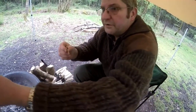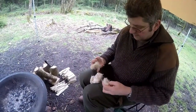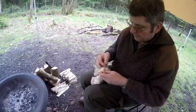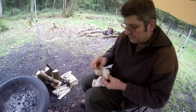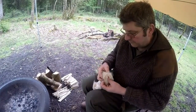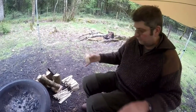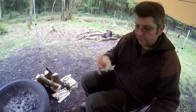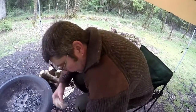Now I'm going to take my jute pile and my kapok, and I'm going to put that kapok just inside of there like that. Take my jute, wrap that around it. Now this is my last pile of jute, so I'm going to have to make up some more. Basically it's the same principle as your wood. You start out with smaller, lighter tinder, you go up to heavier tinder, and then you build yourself a nice little nest of